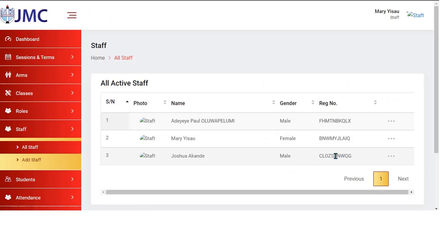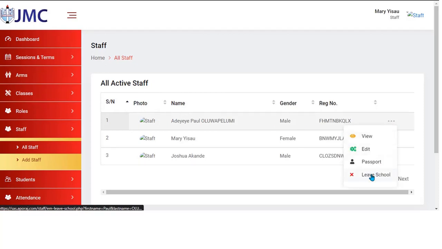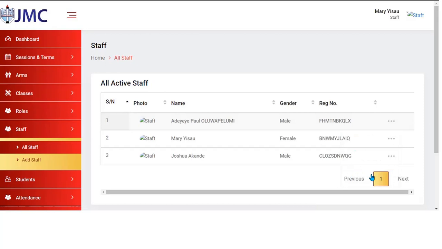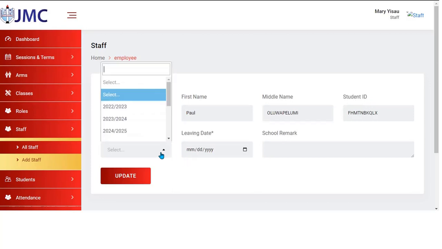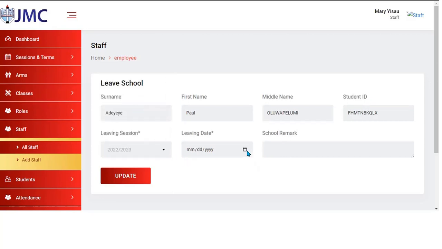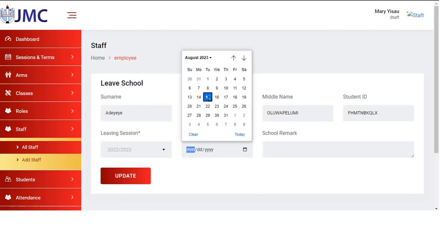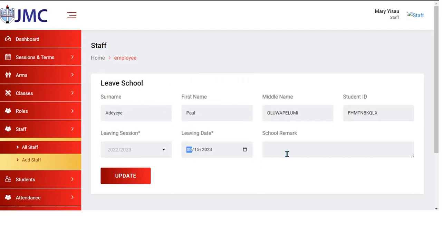Now let's say Joshua Akande is no more in our school. I just click on this three-dot icon and then click on leave school. So once I click on leave school, the person can leave the school, and then you see the name. You cannot edit this, it's just fetching that one. So but let's say it's leaving this 2023 session, and let's assume that the person is leaving today 15th of August 2023, and then the remark is that he was a good staff,